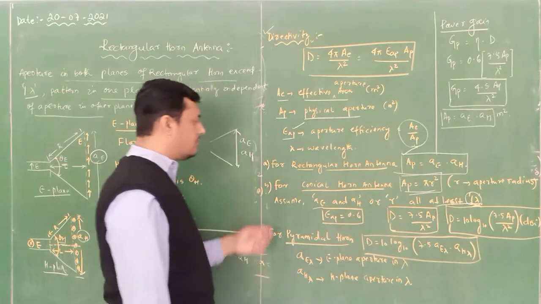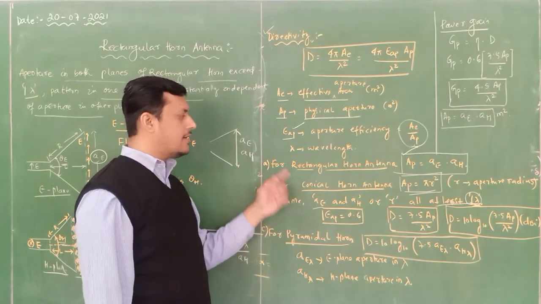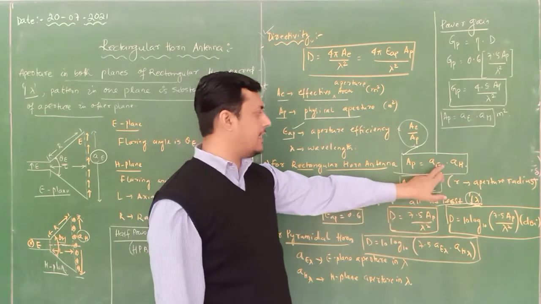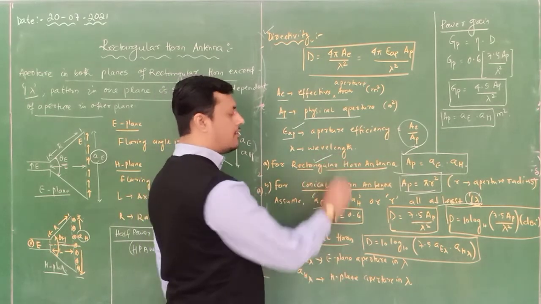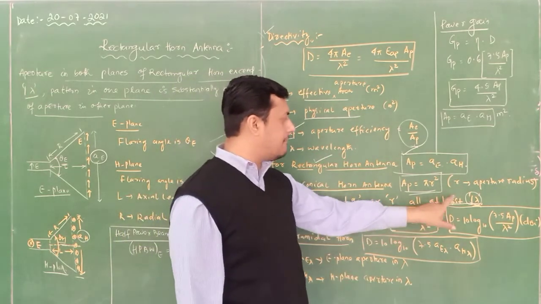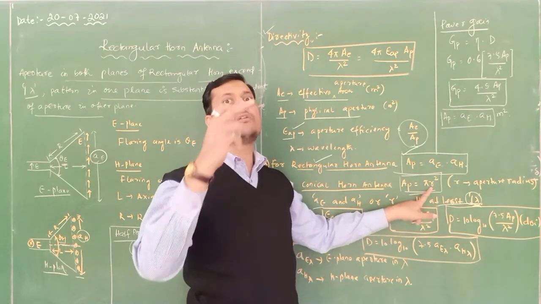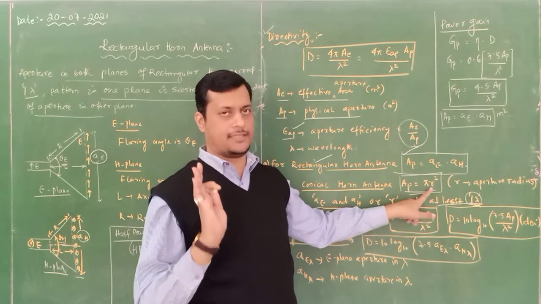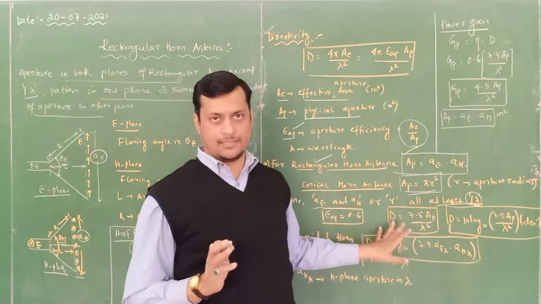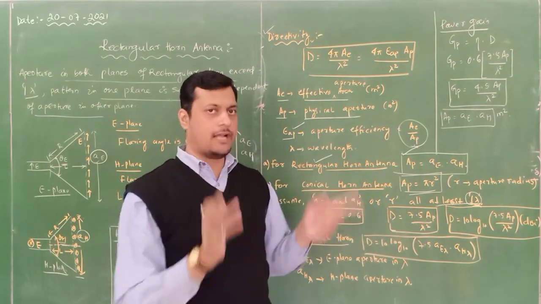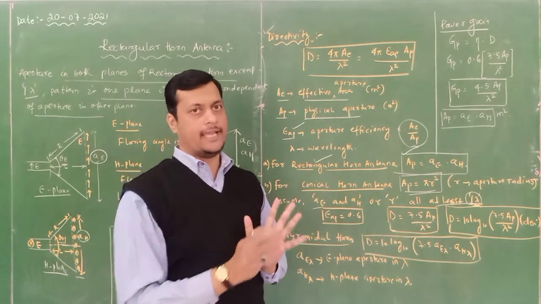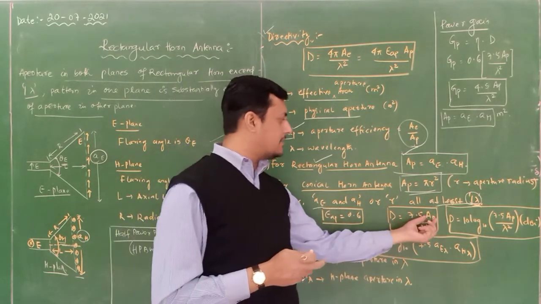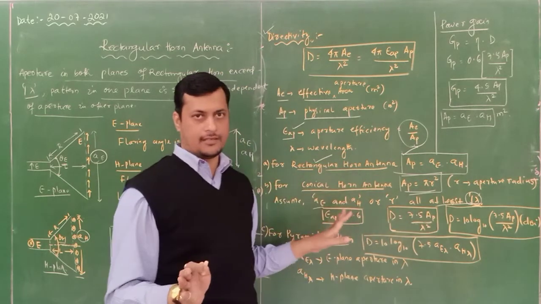Now once directivity is known for the rectangular horn antenna, you only have to change the value of AP. If AP is the cross section AE cross AH, then we are calculating for the rectangular horn antenna, and if AP is taken as pi r square, then we are considering the conical horn antenna, or you can say the circular horn antenna. Only that is the difference, but the general expression remains as it is. If it is rectangular, you multiply AE cross AH. If it is conical or circular, then in place of AP you substitute pi r square. That's it, not more than that.